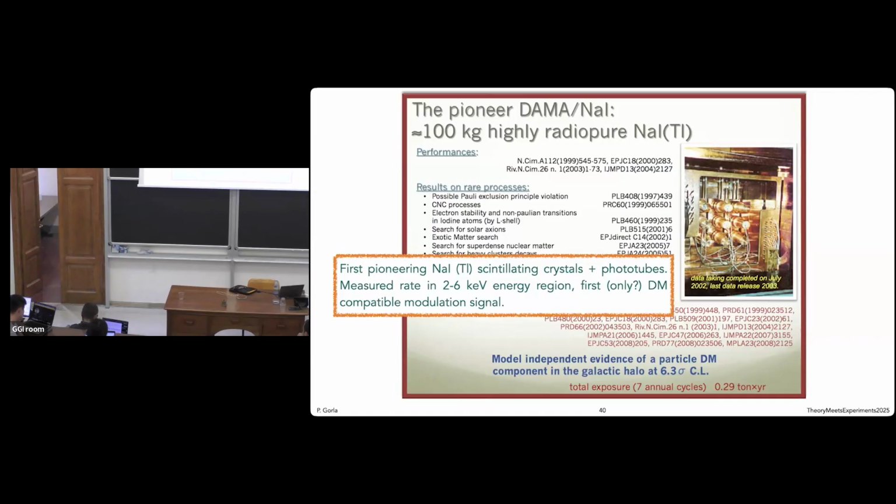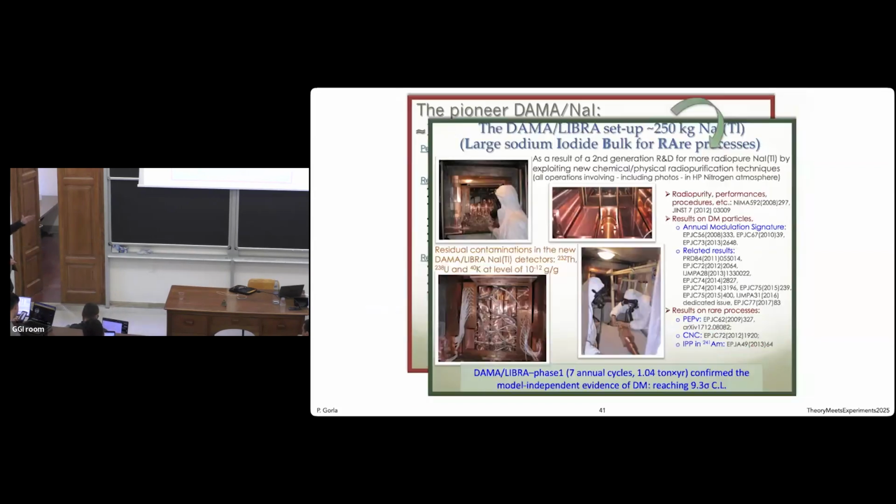There is no radiation discrimination, no particle identification, nothing, just pure rate measurement. So you also have to deal with the fact that you have quenching of different radiation and so on. But after all, they look in this beam and they do see an annual modulation signal. This annual modulation signal was then tested a number of times. One thing, just to give you an idea of the kind of things you look at,